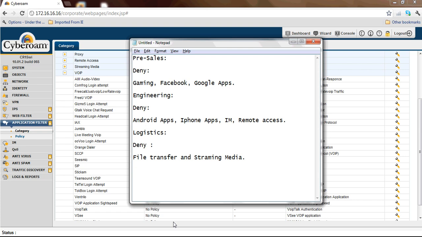So for the pre-sales, I'm going to completely deny the gaming and the Facebook access and the Google apps. And for engineering, I would like to completely deny Android applications, the iPhone apps, the IM, and the remote access applications. And for logistics, I'm going to deny the file transfer and streaming media. So let's see how we're going to create 3 different policies for 3 different groups and apply them on the